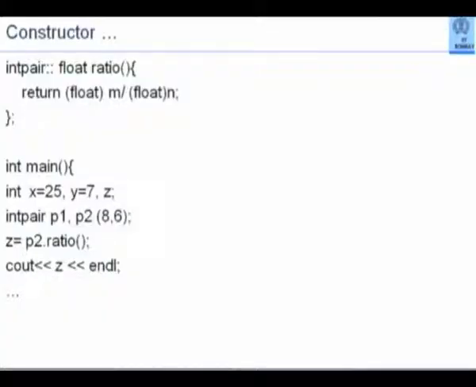He is saying that in this ratio, I have not taken care of a situation where n is 0. What will happen when n is 0 is determined exactly by what will happen under normal division operation when the denominator is 0. So you will get not a number, infinity or whatever, and you will get exactly the same thing here. And you may get an error because of which the program may be terminated. That's another aspect of implementation.